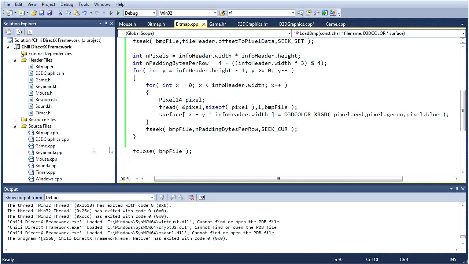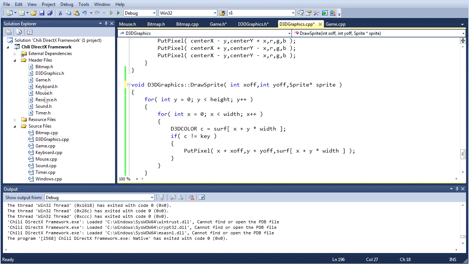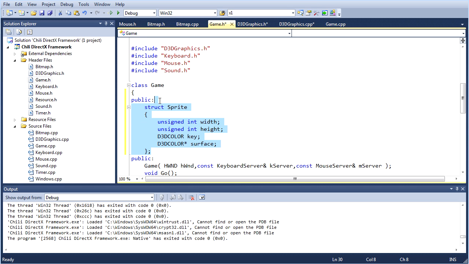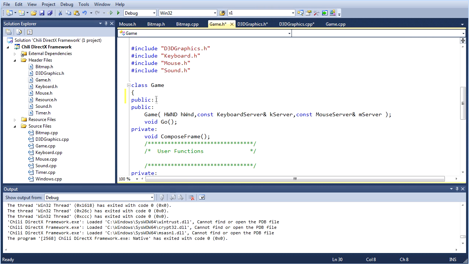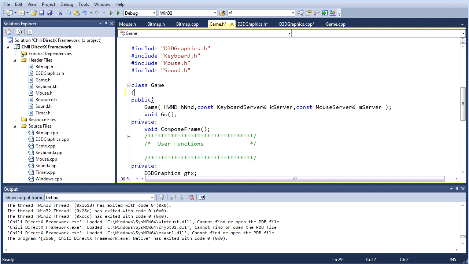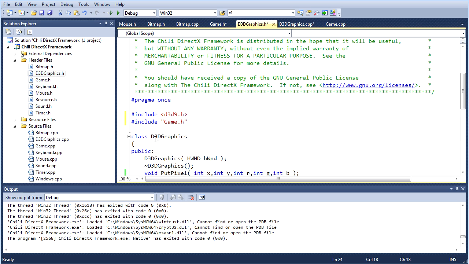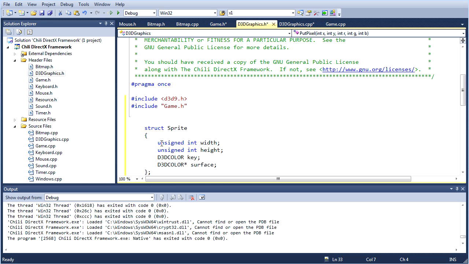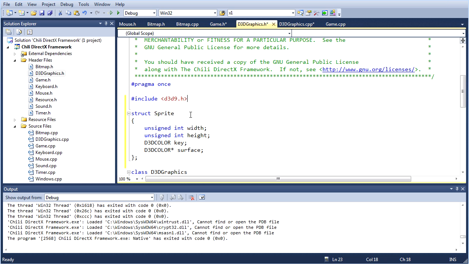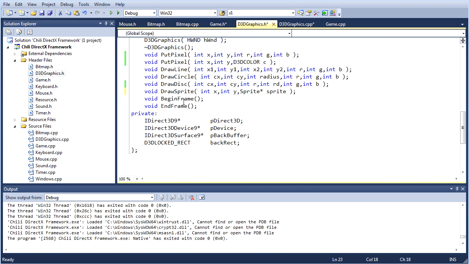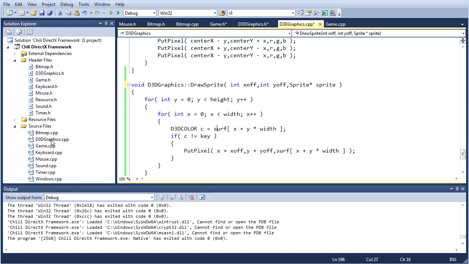Yeah, that's what I'm going to do. I'm going to make it part of the graphics file. I'm not going to make it part of the graphics object though. So we'll go to game.h, we'll cut that out. Delete that. Not that it matters. And d3d graphics.h. I'll put it at the top here. There. And that will be fine. Now,